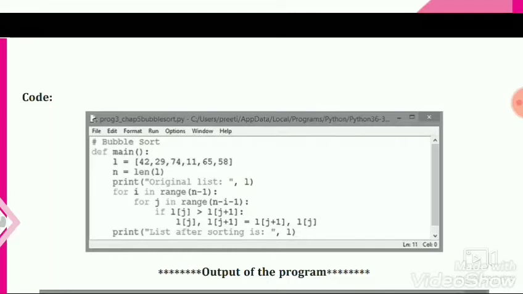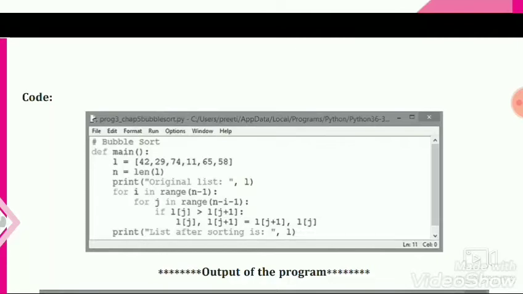Whenever the first loop runs, another loop runs inside it, and in the second loop we use another variable j, for j in range(n-i-1). First we subtract i from n, then also 1 from n.